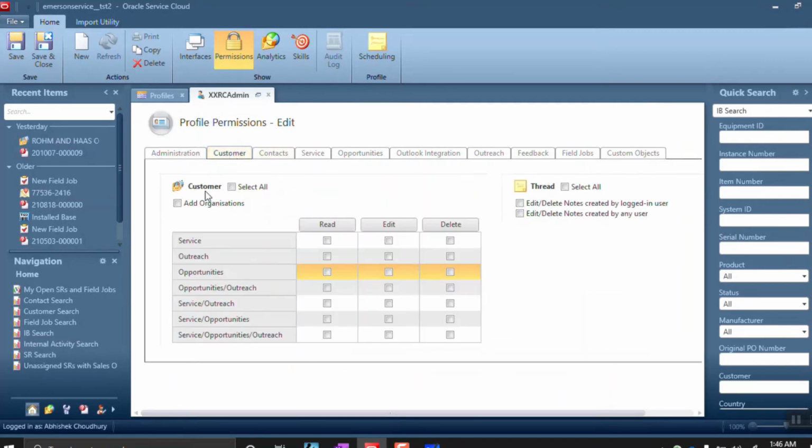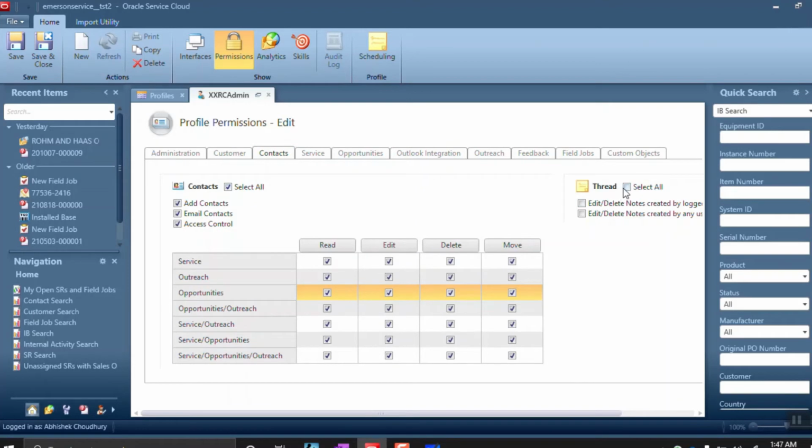Then similarly for the customers, will this particular profile have access to add organization or only to view organization? Can they delete anything? These are some of the things which are available. Also, what about the notes? They will be able to see only their notes or also some other notes. These are the things where we can do all those configurations in the permission. Now since it is admin, I'm giving everything. Similarly, contacts,